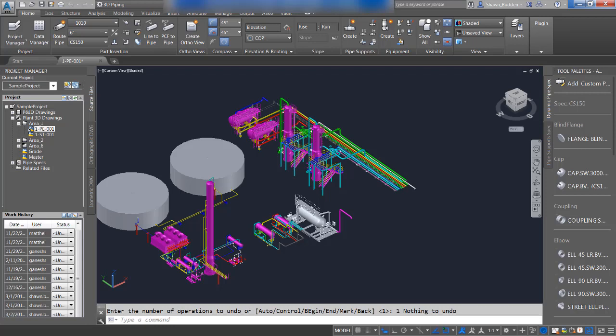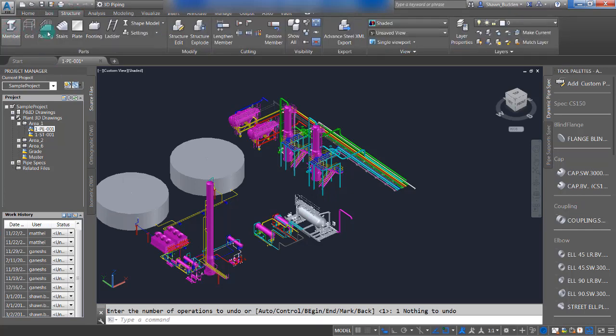Let's talk about workspaces in AutoCAD Plant 3D. Remember, there are many user interface elements in Plant 3D. You have ribbons, you have your ribbon going across the top, you have tabs, each one of these divided into tabs. You have panels within the tabs, such as the parts, the modify, etc. And then you also have tools within each one of those. You got a command line down here, you have a status bar down here, you have quick access toolbar, lots